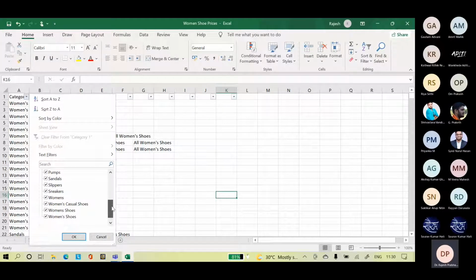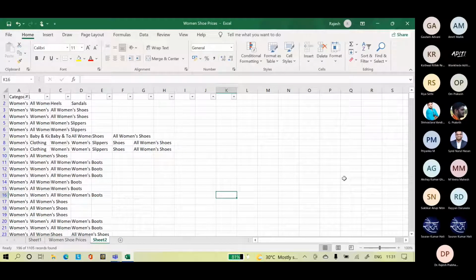So what we will do with this one? We have to do something with these 3 categories: women's casual, women's shoes, and women's shoes. What should we do with this? I think if you look at the last one, it is suggesting the final category, right?